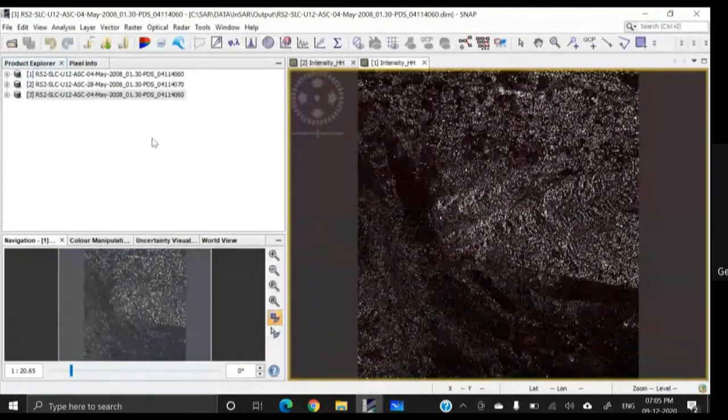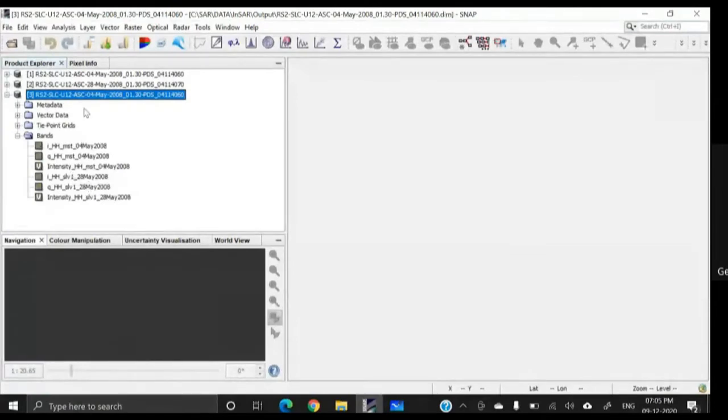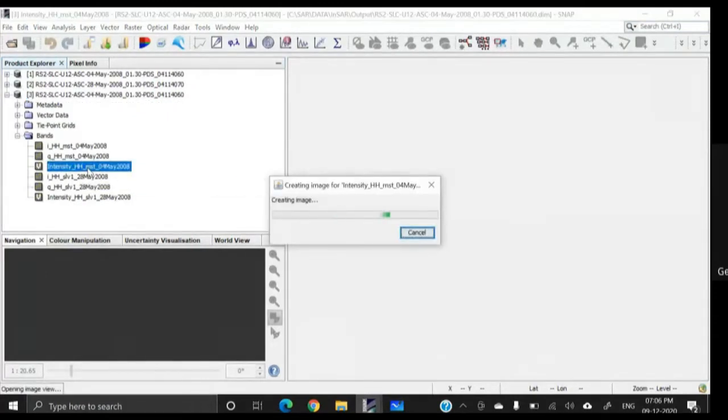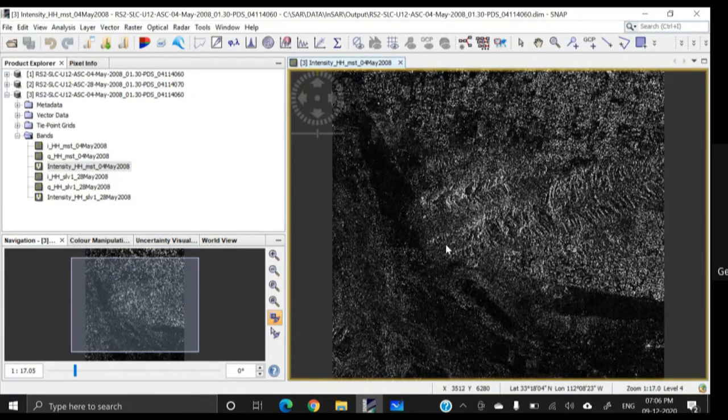So it has been completed in my machine, and this product has been generated. Let us inspect the result. Okay, we may open a color composite, or just the intensity image, say for example. So this is the intensity image. Let it come. Now see,